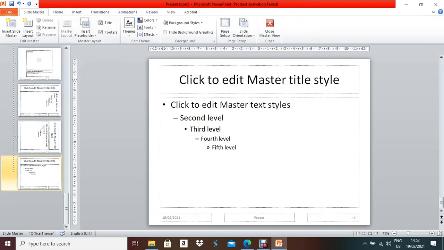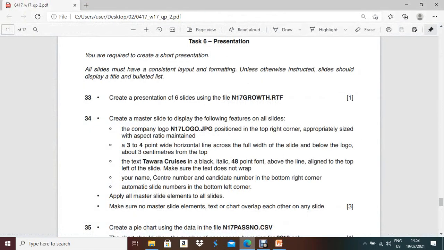Okay, many students ask me, sir, from which slide should I start? You see that on the left side the computer automatically selects one slide, the last slide. Whichever one the computer selects automatically, you can start from there. First of all, read the question: your name, center number, candidate number in the bottom right corner, and an automated slide number in the bottom left corner.